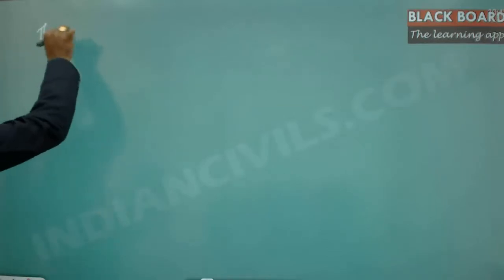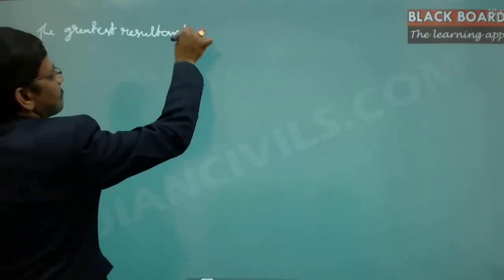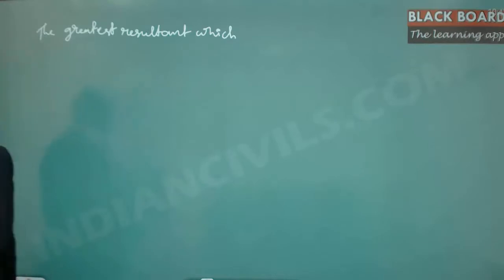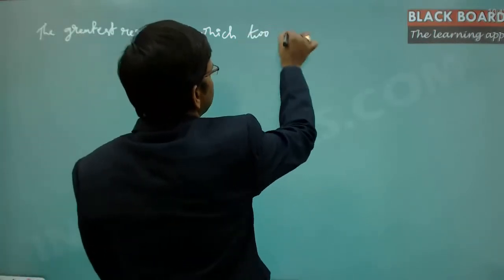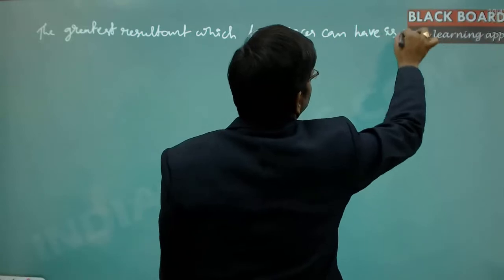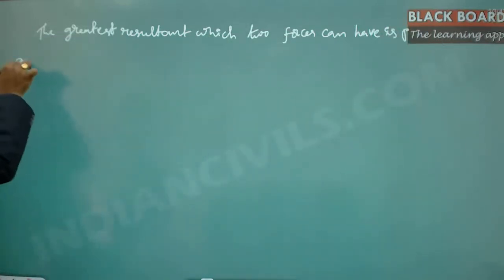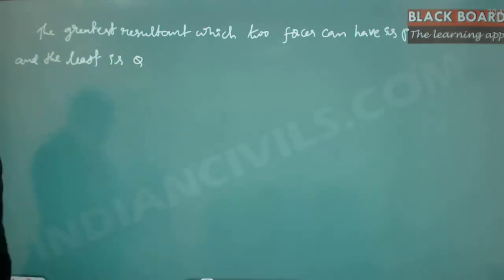The greatest resultant which two forces can have is P and the least is Q. Show that if they act at an angle theta, the resultant